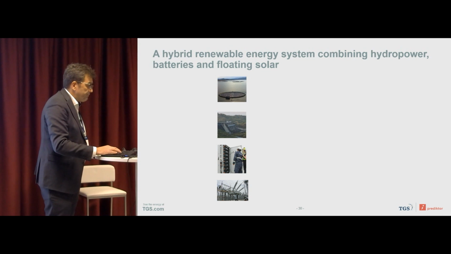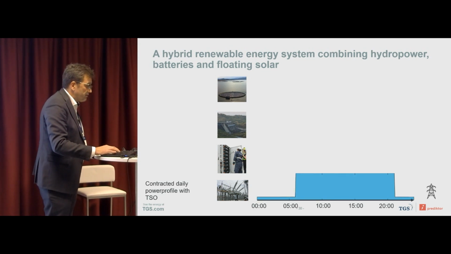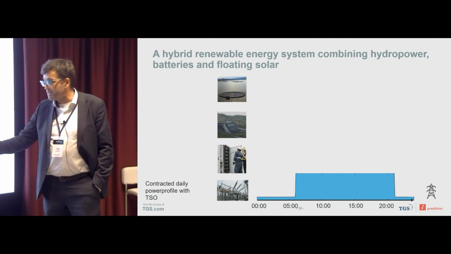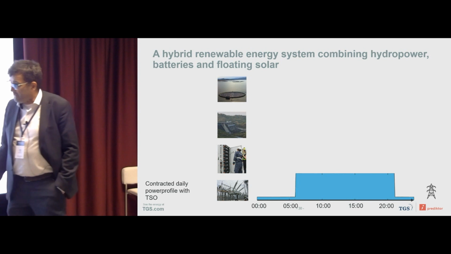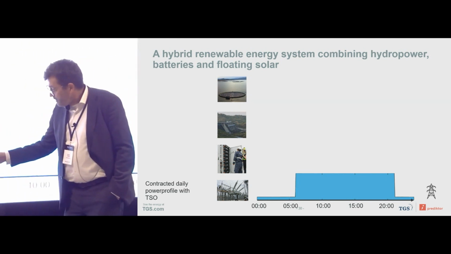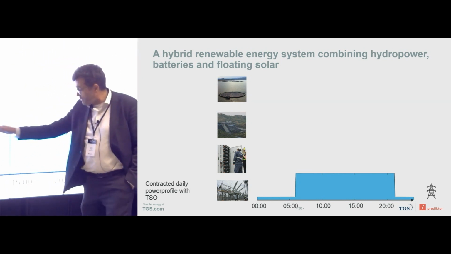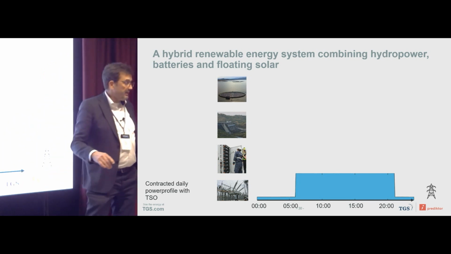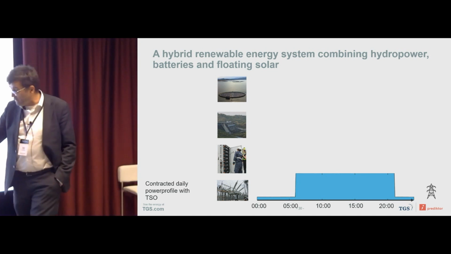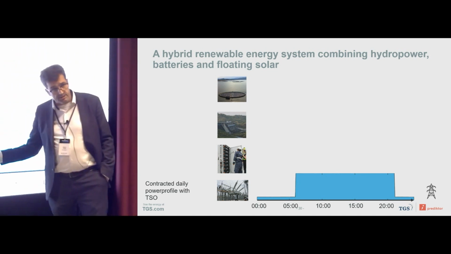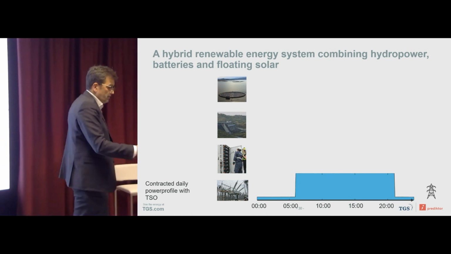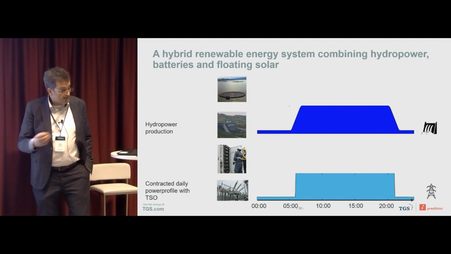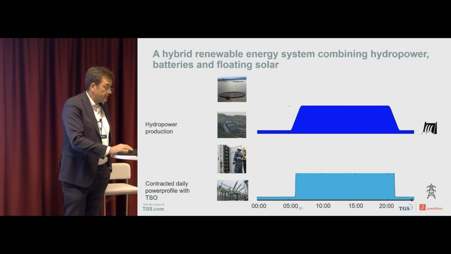But when combining this with a hybrid, you can cope with that. So let's say this is potentially the contract that SNAP has with the TSO, the transmission system operator, for delivering energy. So this is like a base load for a large part of the day, firm power. It could be all other target curves. It could be dynamic with dynamic market conditions, but this is just an example. And then the hydropower could produce like this to service this, but when you invest in solar, you put solar on top,